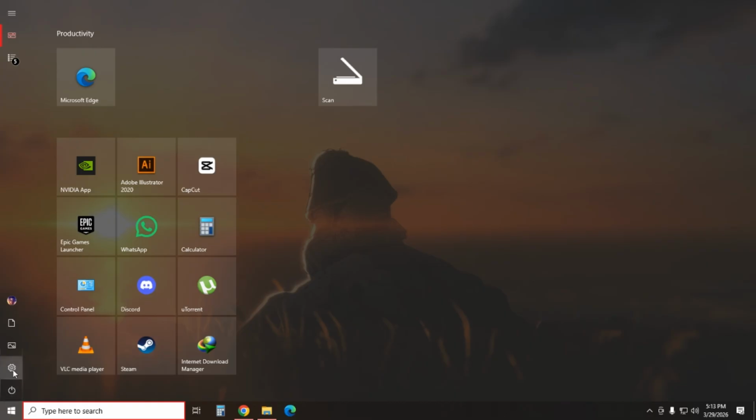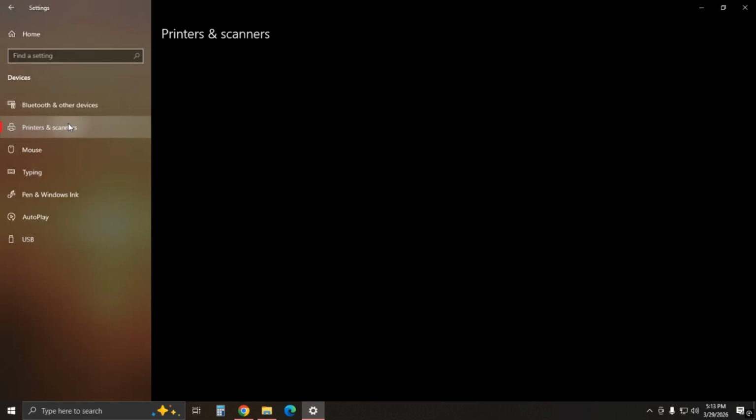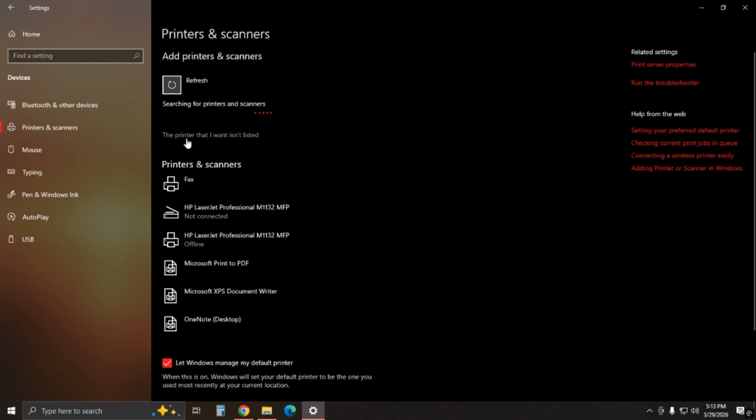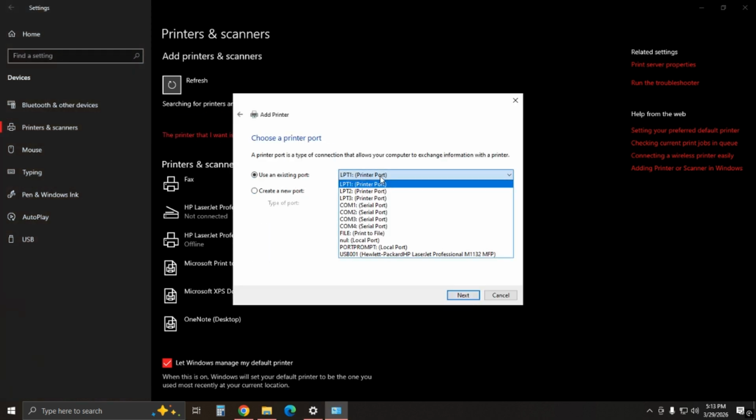First go over to start menu and then open settings. Here you need to click on devices, then click on printer scanner, then click on add a printer. Here it will load a bit, then a button will appear like this. You click on this and then click on add a local printer, click next, click this drop down menu and